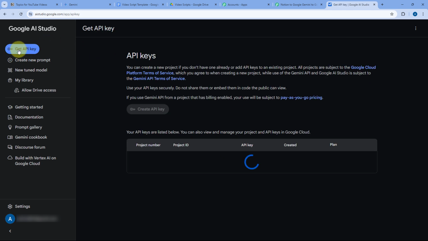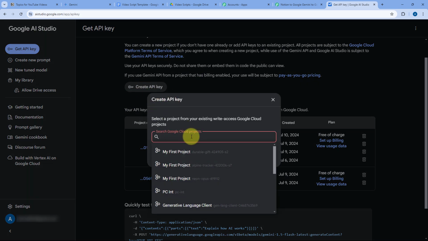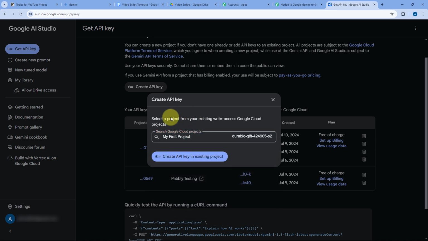Just click on it, and then here you can see a list of all the API keys which are generated in my Google Gemini account or my Google AI Studio. Click on this Create API Key button, and then just select the Google Cloud project for which you want to create this API key. So in your Google Cloud platform, first you have to create a project to connect your Google Gemini account with